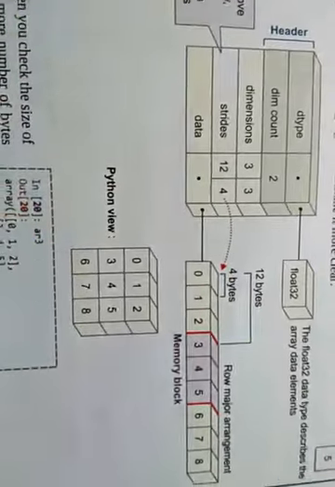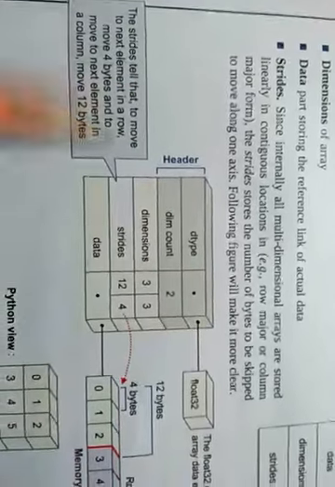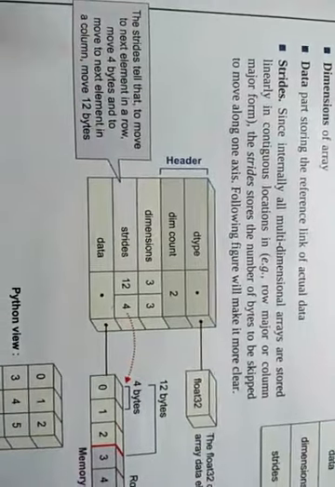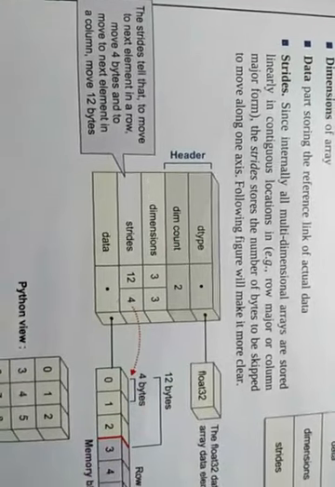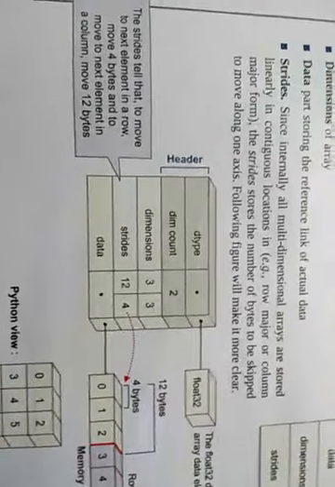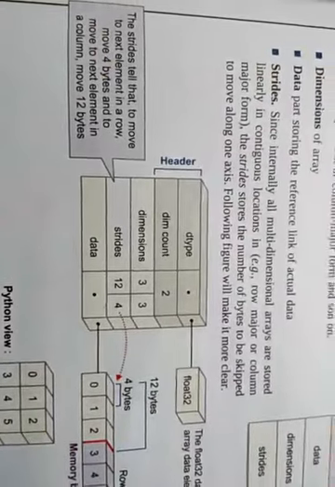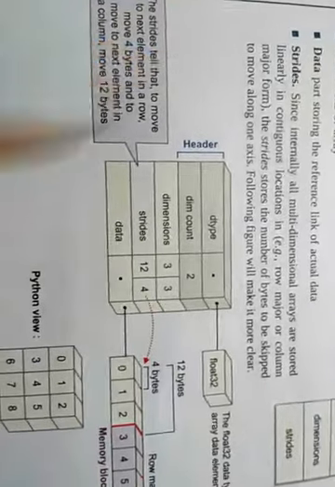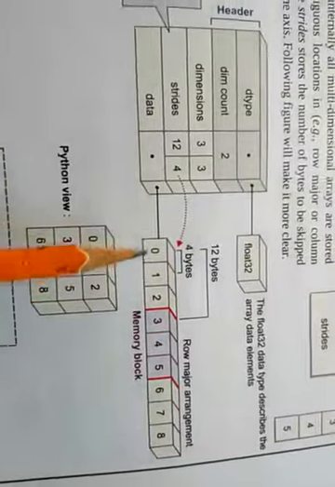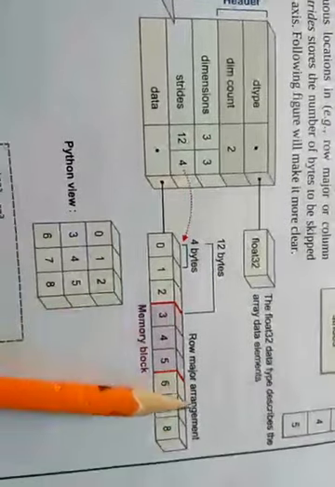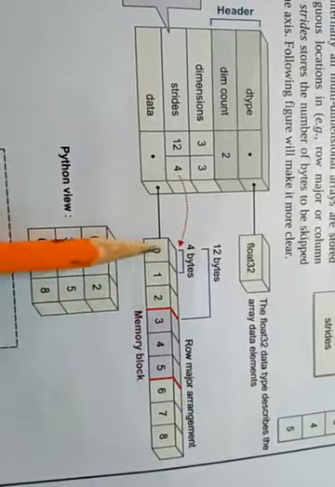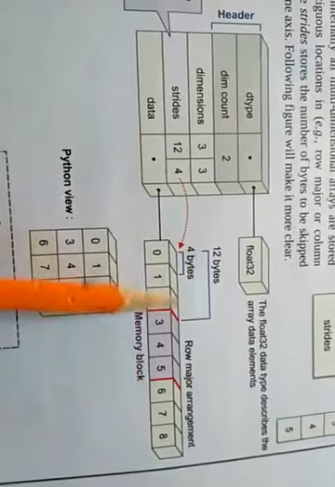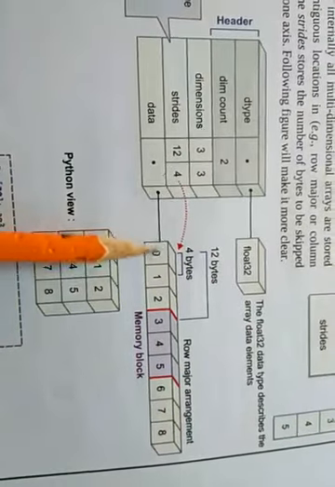When we show this on the screen, this is the Python view, whereas this is the memory block. The strides represent whether your data will be stored in computer memory row wise or column wise. Internally this is stored in a single row line, but the data is arranged row wise or column wise. So suppose we have an array of 3 by 3; this is stored in row major arrangement. So this is the first 3 block, then the next 3 block, then the next 3 block, and each box contains 4 bytes of memory.